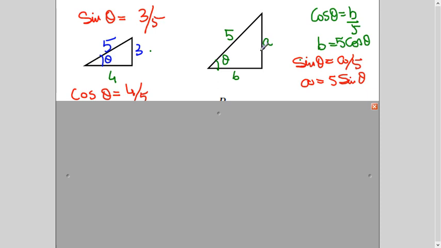I'm repeating: for the perpendicular side opposite to the angle, they write hypotenuse times sine theta, and for the adjacent, hypotenuse times cos theta. Actually, cos theta is adjacent over hypotenuse, b/5. So if you make b the subject, it is 5 cos theta. That's why, without showing this working, they can write 5 cos theta for the adjacent side. Similarly, sine theta is opposite over hypotenuse, a/5. So a equals 5 sine theta. That's why for this side opposite to the angle, they write 5 sine theta.